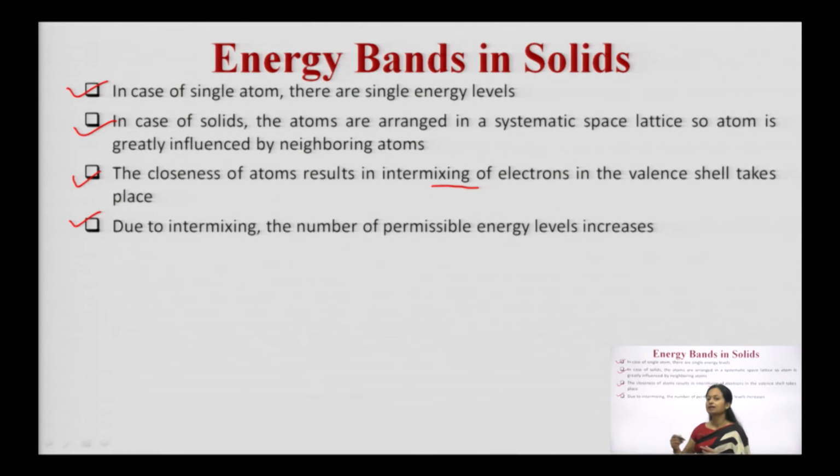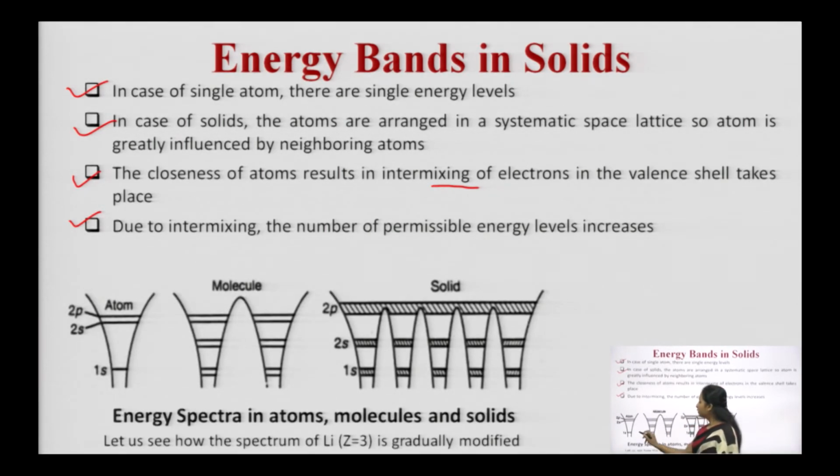But now let us understand the formation of bands starting from the atom. What happens in the case of an atom? Then if you combine two atoms, that is the case of the molecule. Then the third case is when we are talking about the solid. Let us plot a diagram. You can see a diagram over here. Here the energy spectra is being plotted. Atom we have taken as first diagram A, molecule the second one, and solid the third one. All these three you need to understand.